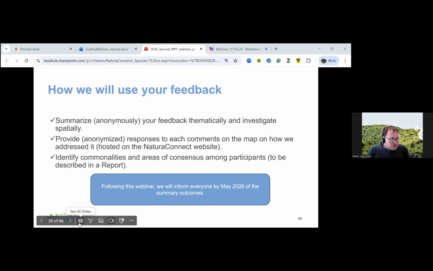And then we will also use this, of course, to identify commonalities, and maybe there are consensus areas that are emerging. With a number of people commenting on certain areas, for instance, I realized that the Alps might be quite obviously highlighted as expansion priorities across layers. If something comes up here, we will probably also describe some of this in a report from our project, for instance, where feedback emerges showing general consensus, uncertainty, or disagreement.